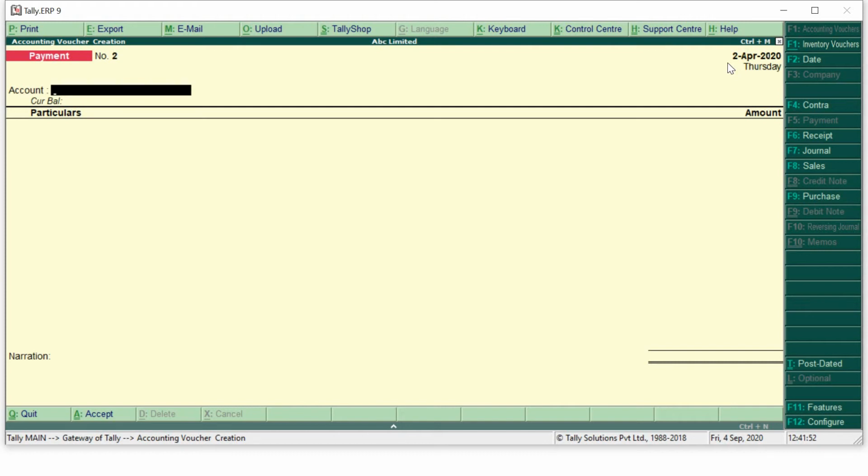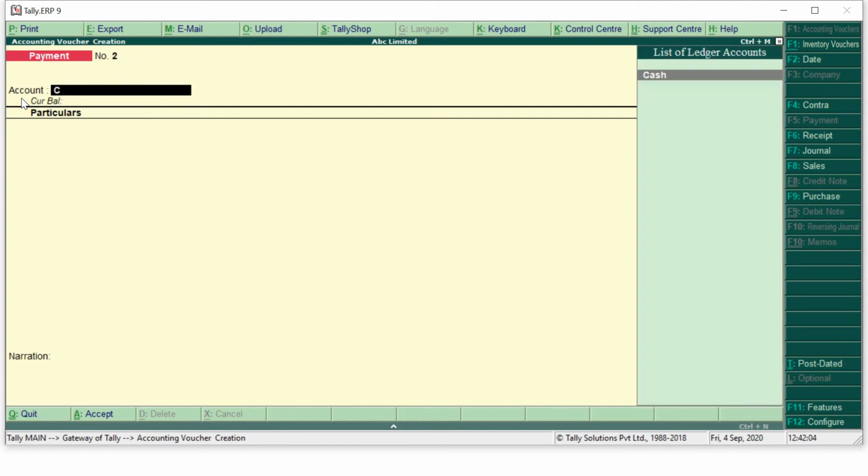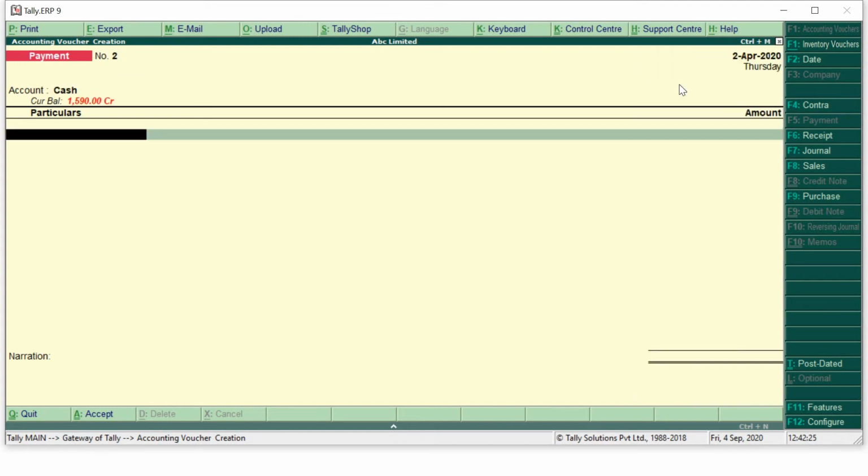Now, under account, what is this account? You have to select either cash or bank, meaning the mode in which you made the payment. As we are making this cash payment entry, I will select cash here. You will get the drop down list of ledgers from which you have made the payment. Here only cash is reflected and I have not created this ledger. Remember, cash is the default ledger which is already provided to us by Tally. So there is no need to create the cash ledger again. I will press enter so that my cash ledger gets selected.